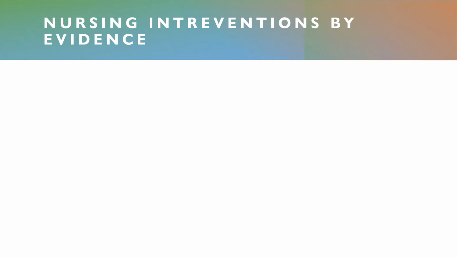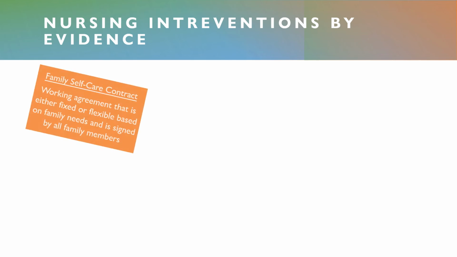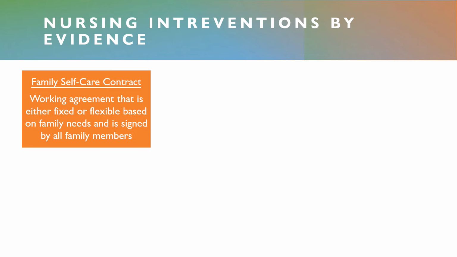So let's talk about nursing interventions derived from the family health promotion theory itself. The first is a family self-care contract. It's a very specific working agreement, and it's signed by all the family members. So this is family derived. They identify an area of improvement. We help them set a goal,